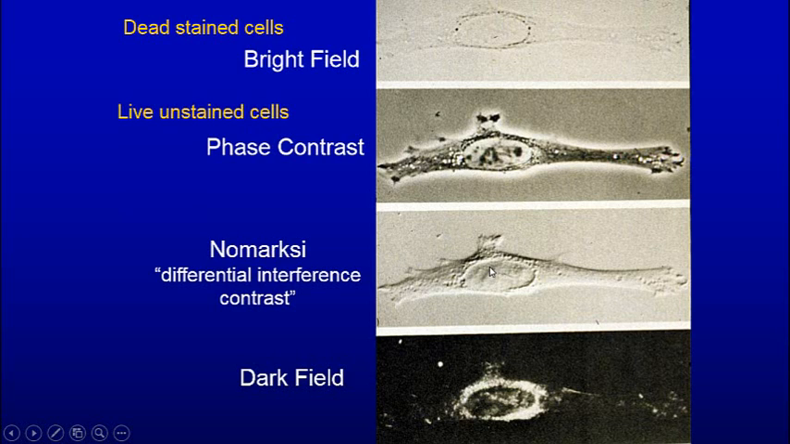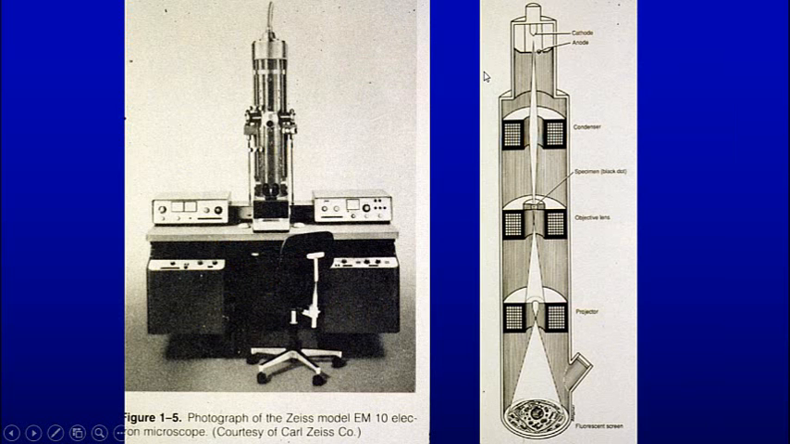You can also see them with differential interference contrast microscopy and dark field. So these are the ones that let you see live cells. Bright field, what we use most of the time, are all dead cells. Here's an electron microscope. You sit right there, look at a fluorescent screen through these ocular lenses, and there's your